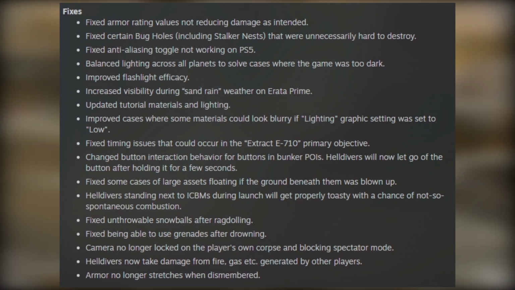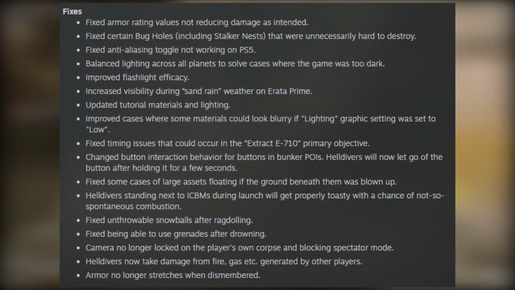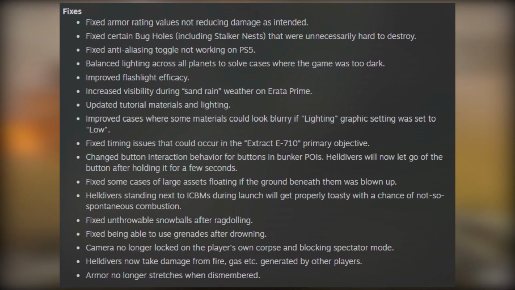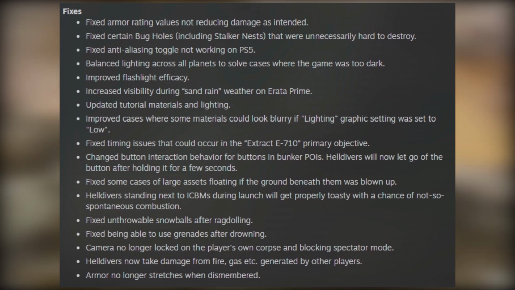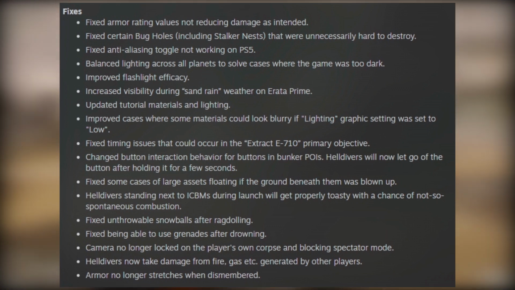Fixed armor rating values not reducing damage as intended. Fixed certain bug holes including stalker nests that were unnecessarily hard to destroy. Fixed anti-aliasing toggle not working on PS5. Balanced lighting across all planets to solve cases where the game was too dark. Improved flashlight efficiency, increased visibility during sand rain weather on Erida Prime, updated tutorial materials and lighting, improved cases where some materials could look blurry if the lighting graphic was set to low,